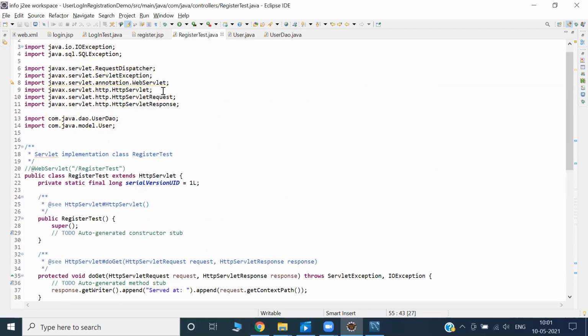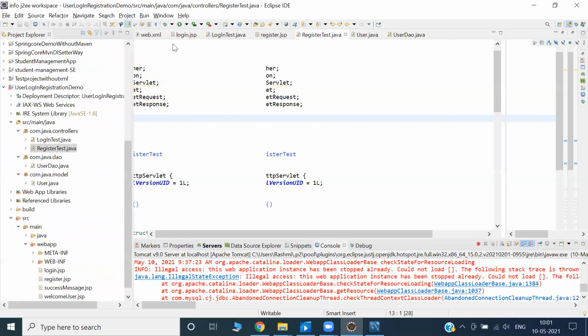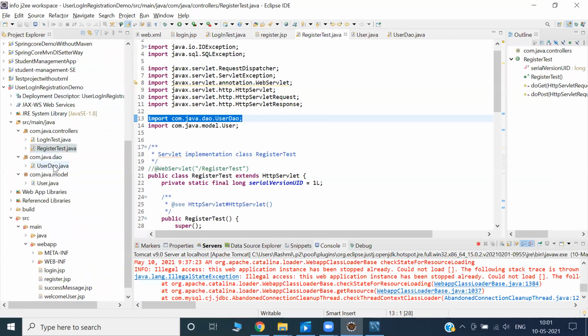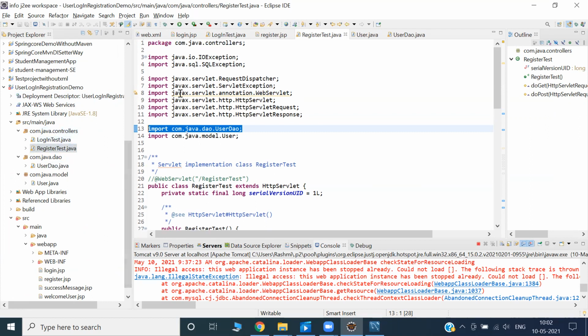Import UserDAO. If UserDAO were in this controller package, I would not require the import. But as I have separated different packages, we have to do a little extra work, but it's really good, awesome.